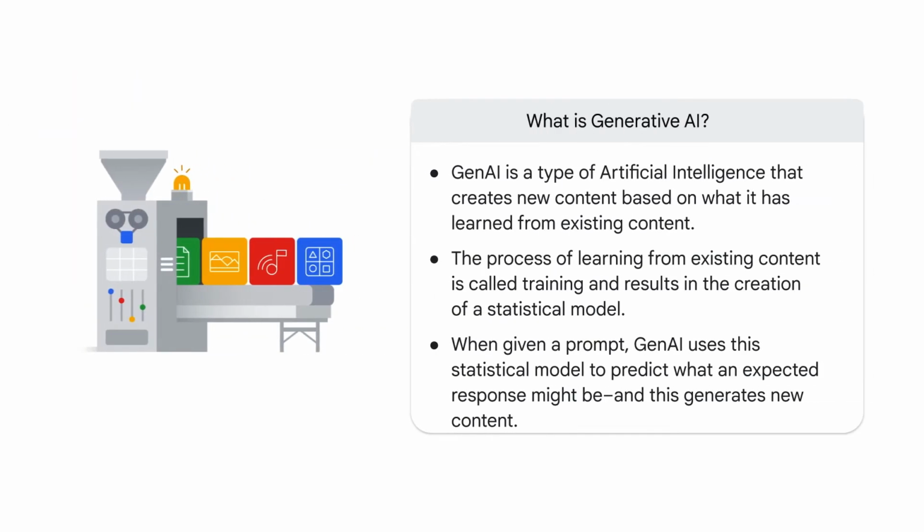Now we come to our formal definition. What is generative AI? Gen AI is a type of artificial intelligence that creates new content based on what it has learned from existing content. The process of learning from existing content is called training and results in the creation of a statistical model. When given a prompt, Gen AI uses the model to predict what an expected response might be, and this generates